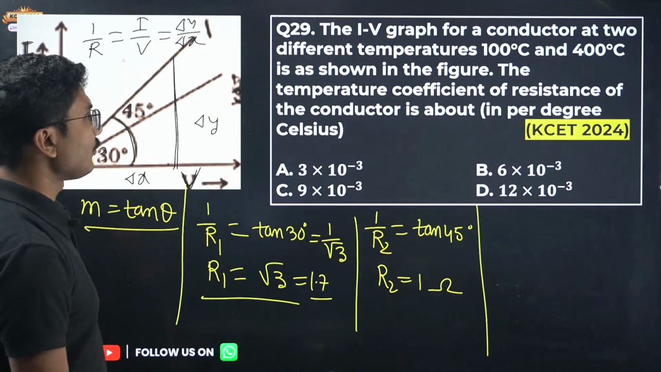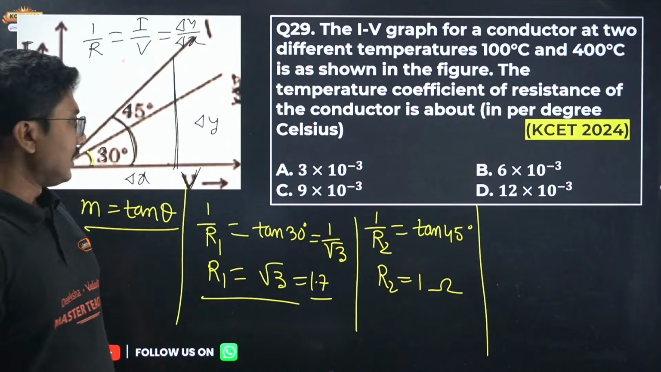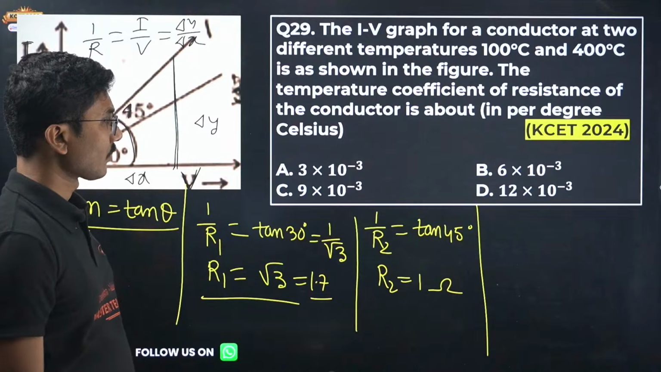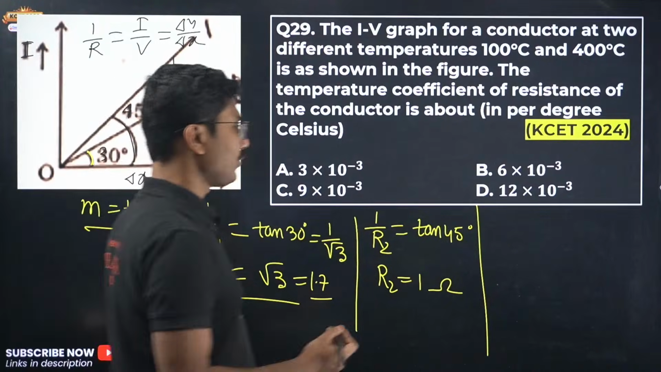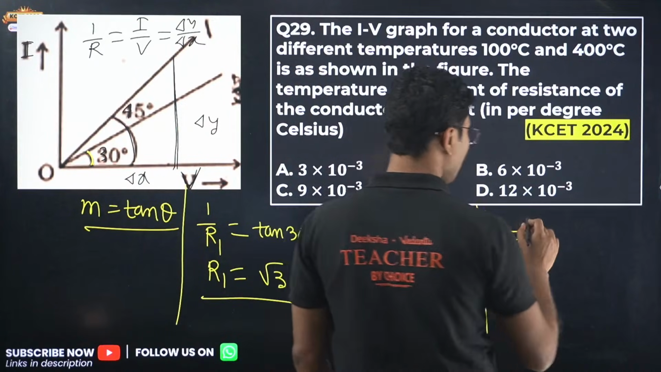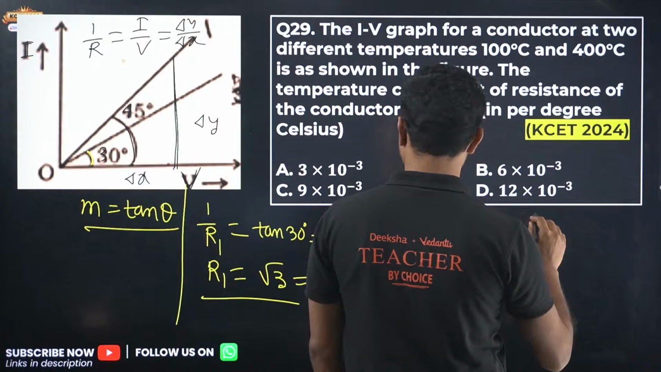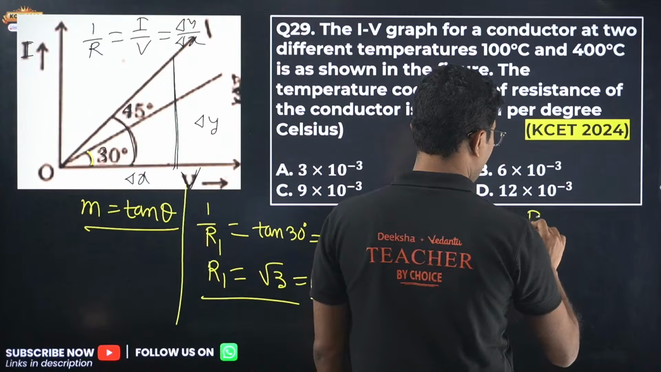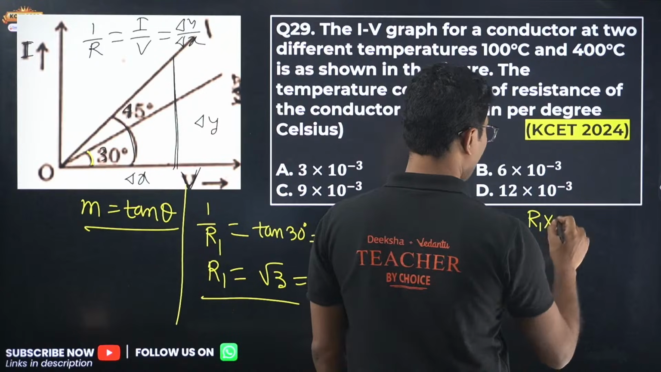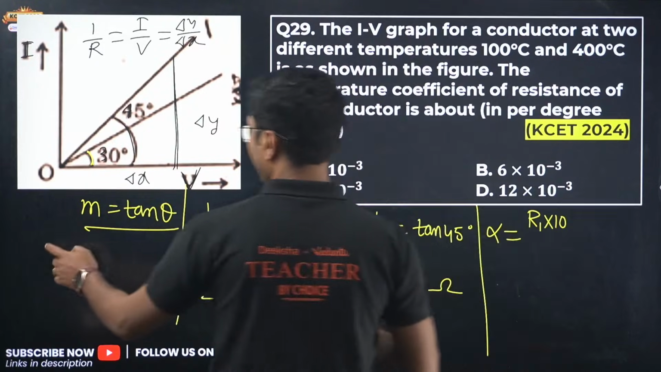So temperature coefficient is given, so you have to calculate the coefficient of resistance. Coefficient of resistance alpha is given by R1 into 100, sorry,